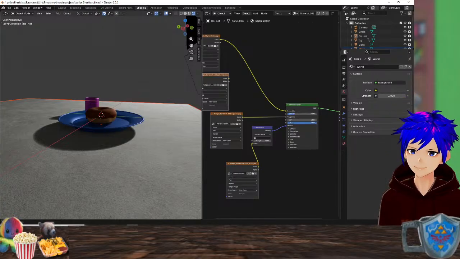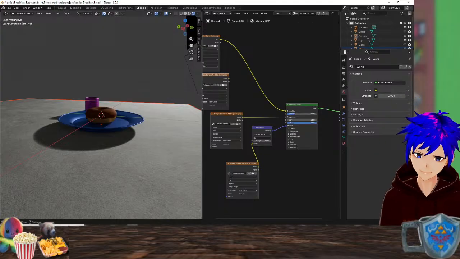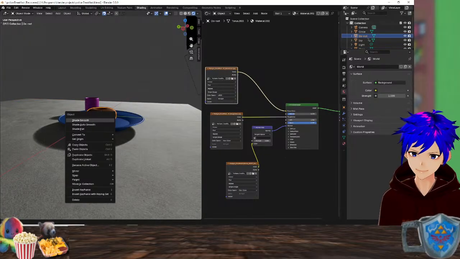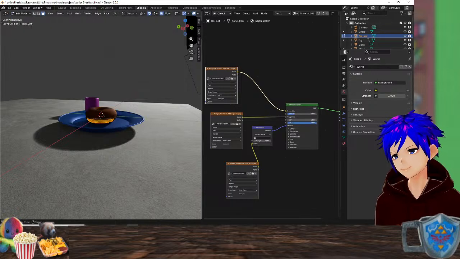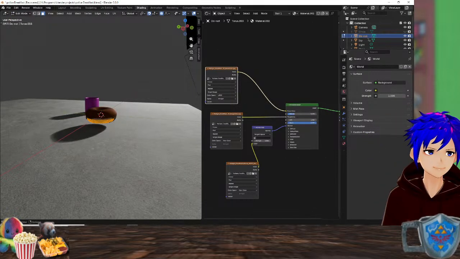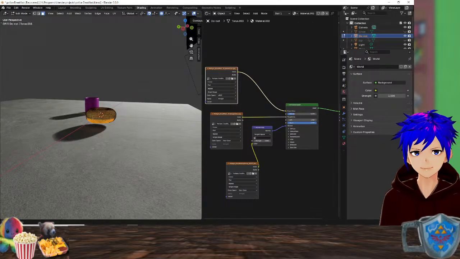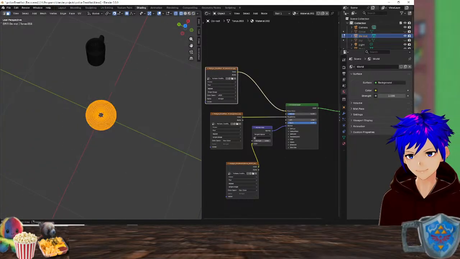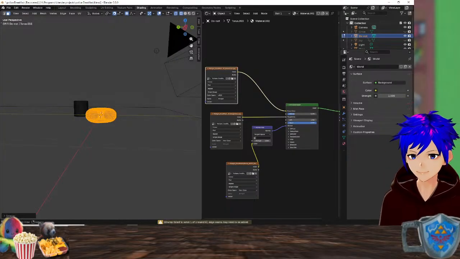Well, let's just get rid of you. Good. Edit mode. I see. You unwrap angle based.